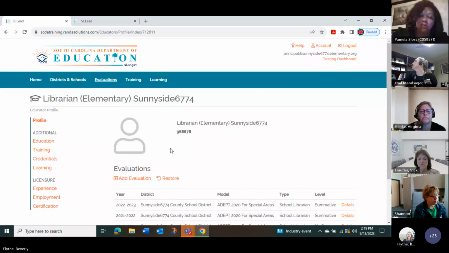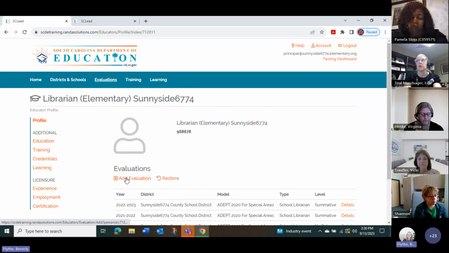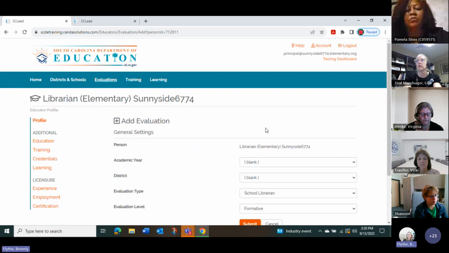So when I look at Librarian Elementary, Sunnyside 6774, I see that she has not had a 23-24 evaluation set up. So as the principal, I'm going to add the evaluation.